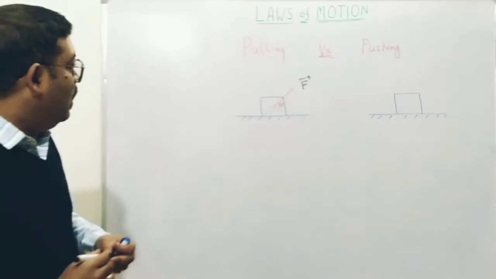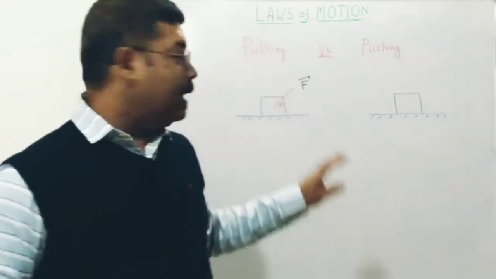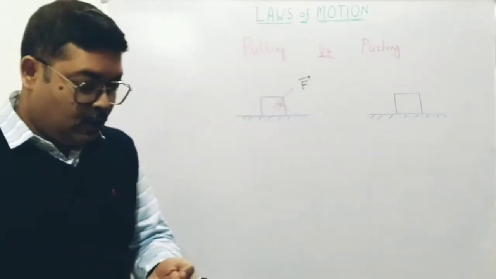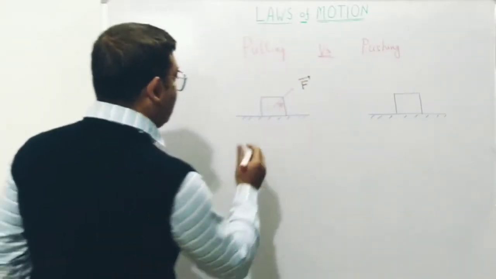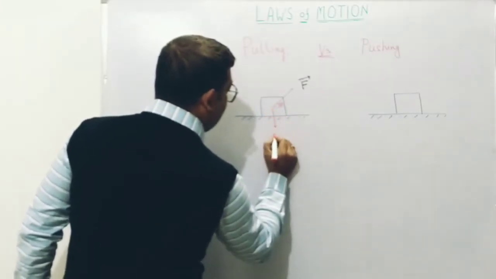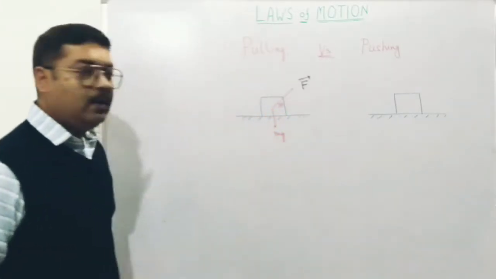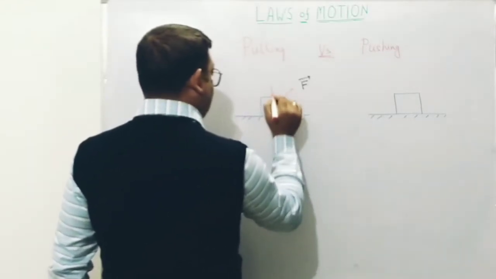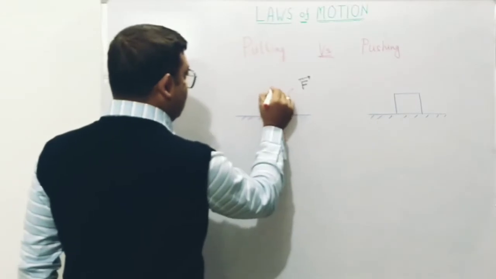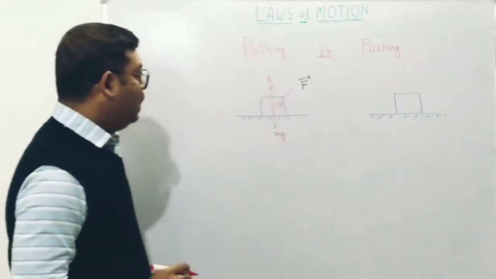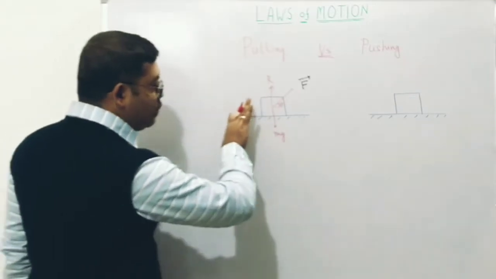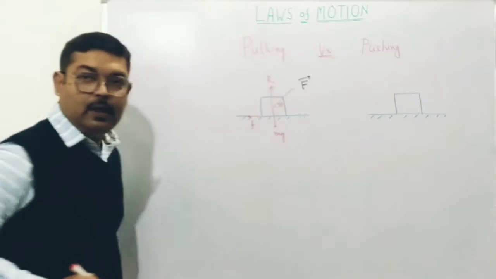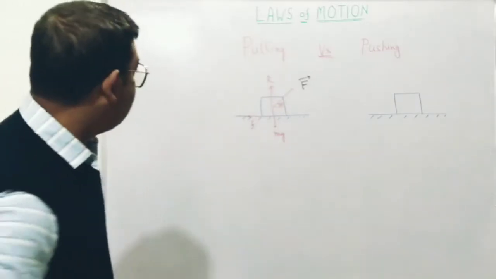Now, what are the different forces acting on the block? First of all, the applied force is there, but prior to that, we know that there will be the weight of the block acting vertically downwards, that is mg. There will be the reaction, perpendicular to the surface, vertically upwards, the reaction force R. And since the object is moving towards the right, there will be a force of friction at the interface in the backward direction, right? That is the force of kinetic friction.